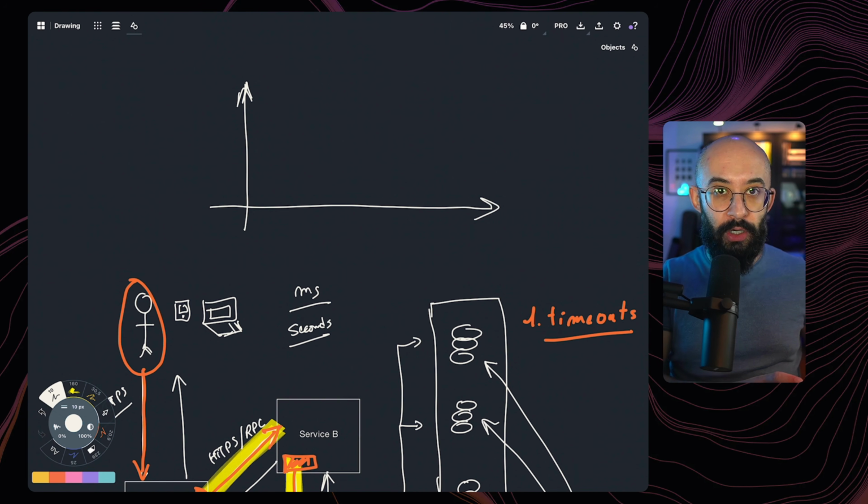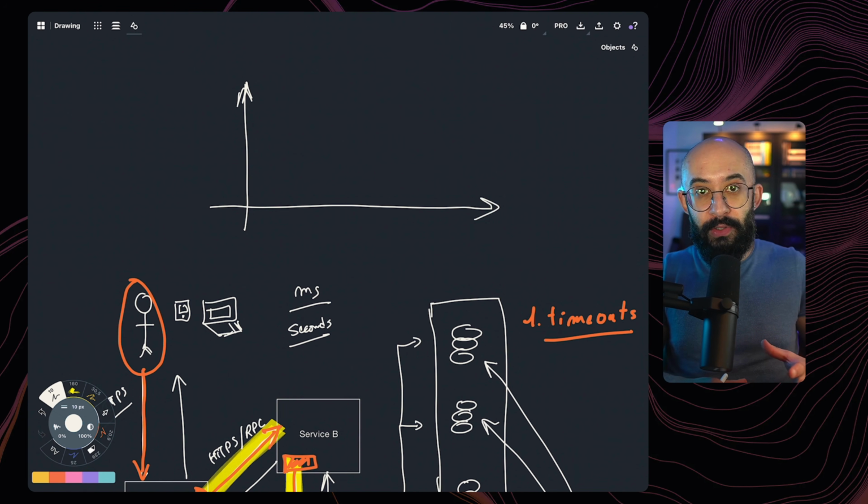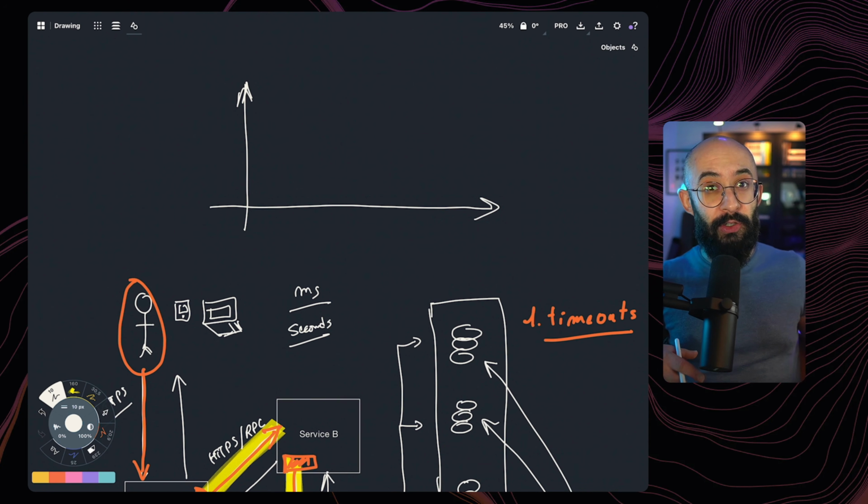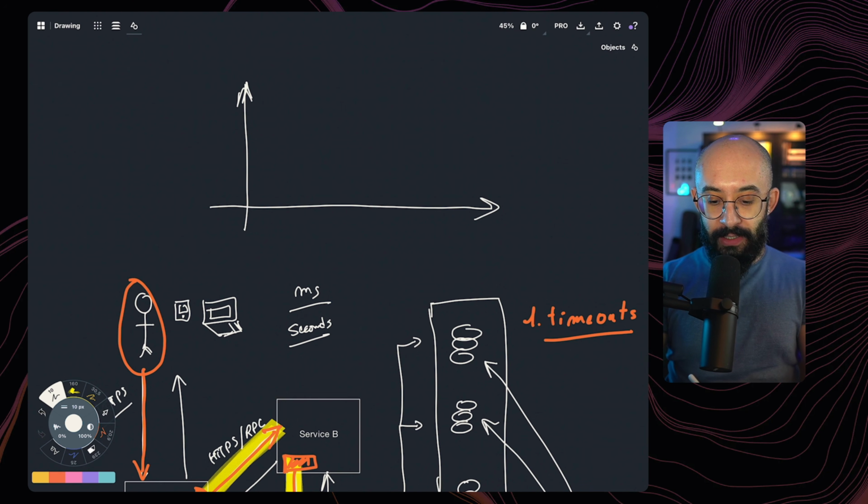If we make it too short, then our entire system is going to have more failures, more errors because of client-side timeouts. And if we make it too long, then we also risk making the system way less responsive to downtimes and problems like that. So if we measure this latency across different periods of the day, why?